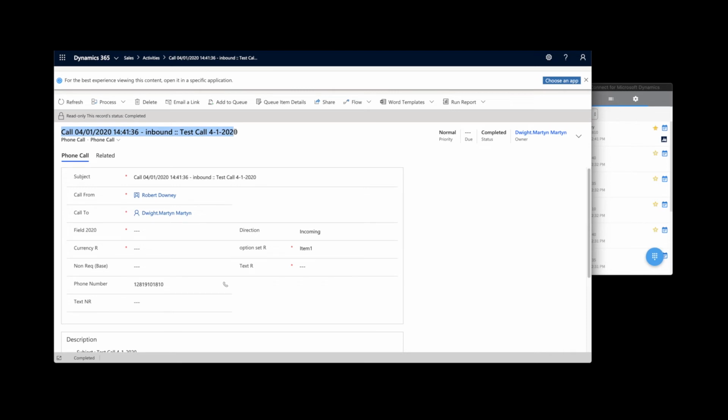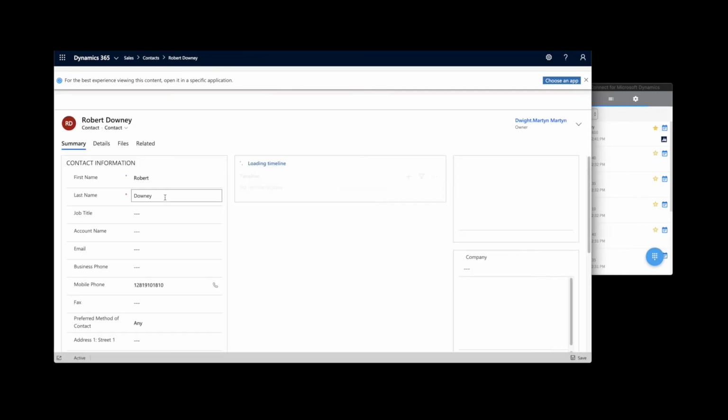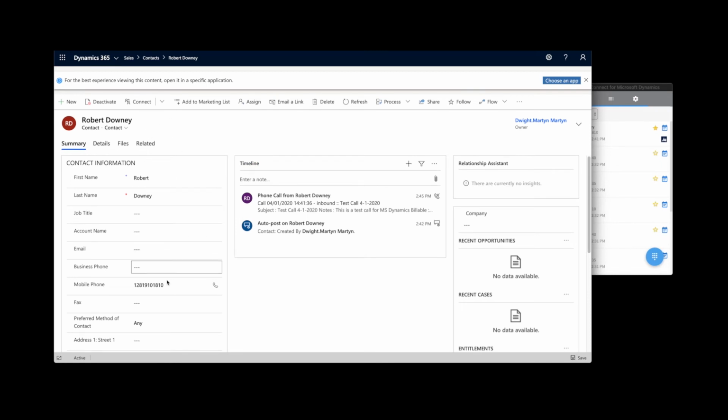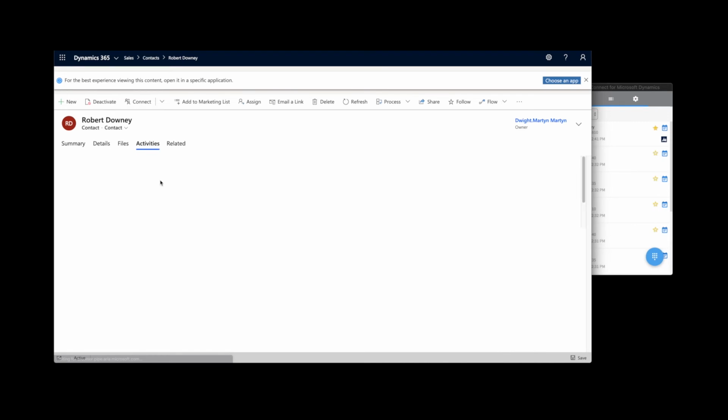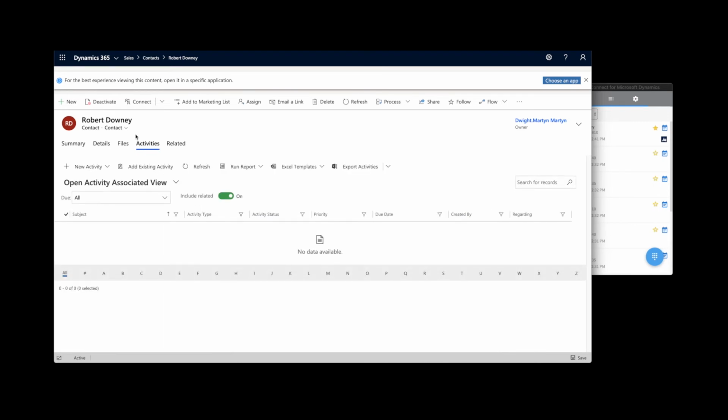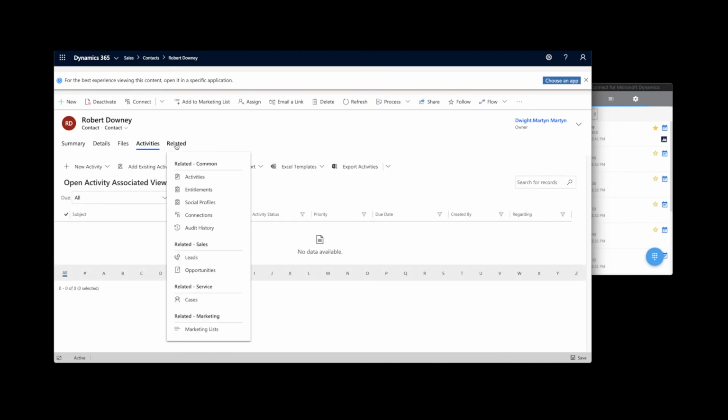If I need to see more information about prior calls, I can simply click on the contact name or who the owner is. And by clicking on this icon, I can now see the information about this user. I can also see their timeline information, or I can click on related information and look at those activities from within here. This will allow me to see everything that I need to see. I can also jump to my cases from here if I actually have them.